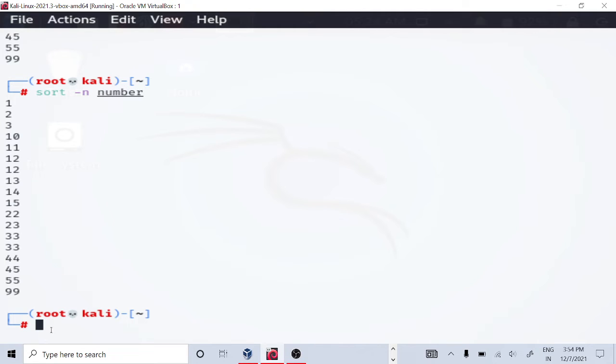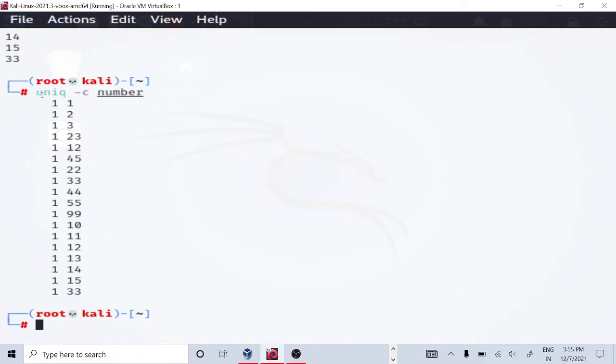Now there is also one more command, the uniq command. If you want to see the unique values present in any file, you can use the uniq command. Now you can see every item which is present. But it should not be like this, because here 33 is also there and here is also 33. So it is not giving me the correct output. Then what is the option for that? We can use c for counting.